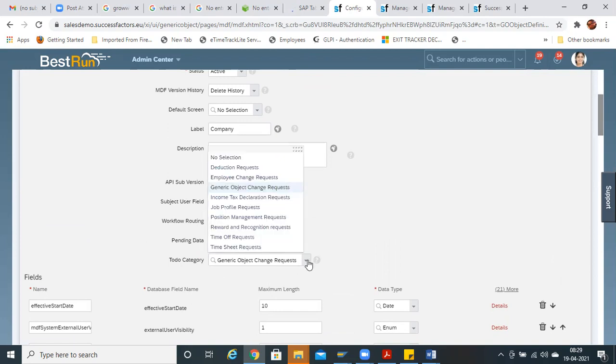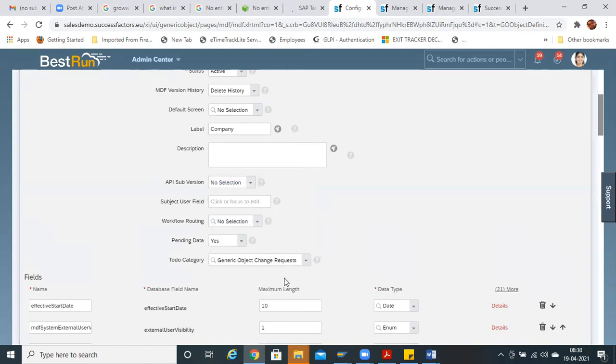And what is to do category? To do category is where you have to mention that we are creating a generic object, so all the MDF objects will come under generic objects. These are the standard to do categories, but all the generic objects and custom MDF objects which are created should come under generic objects because they don't match any of these requirements. So make sure you mention any custom objects as well. Your to do category will be generic objects.